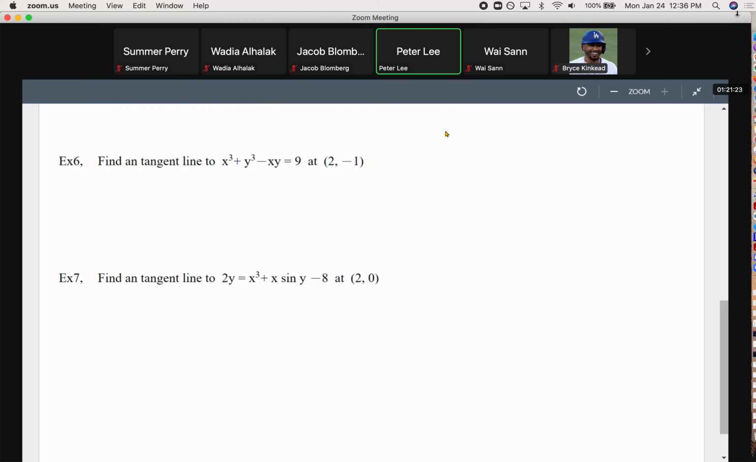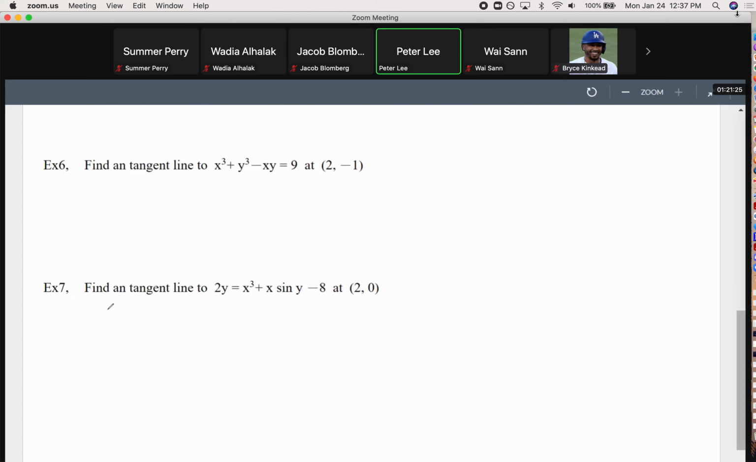So let's look at it. How about now example 7? First of all, 2, 0. Is this point on the curve? Let's see. If you plug this point into this equation here, what do you get? We get 0 on this side. So if you plug in the point 2, 0 here,